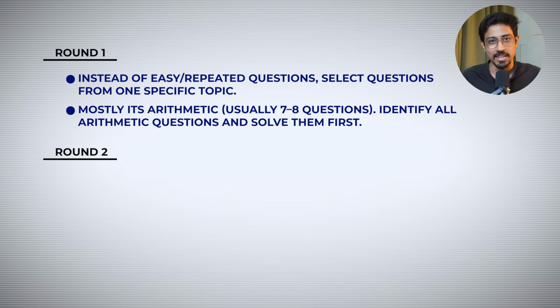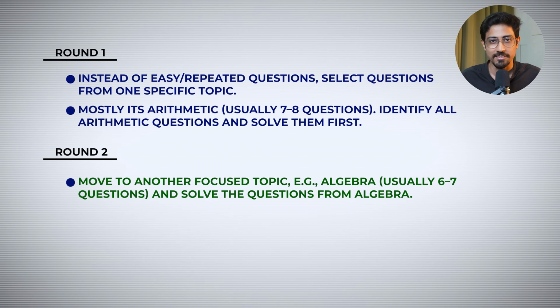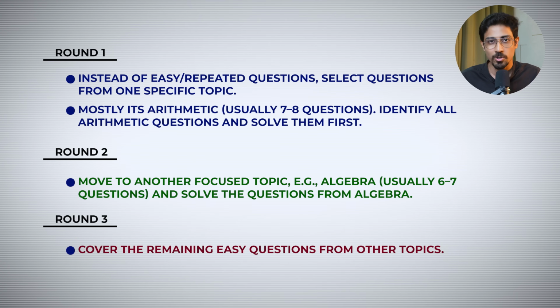Then they go for maybe say algebra, which will have say another 6-7 questions at least, and solve the questions from algebra. These are usually people who have prepared at the last moment, have not covered all the topics equally, rather have focused on specific topics like arithmetic and algebra. And that's why in round 1 they will attempt questions from a specific topic, maybe arithmetic. Round 2 is for algebra, and round 3 is for all the other questions from all the other topics which